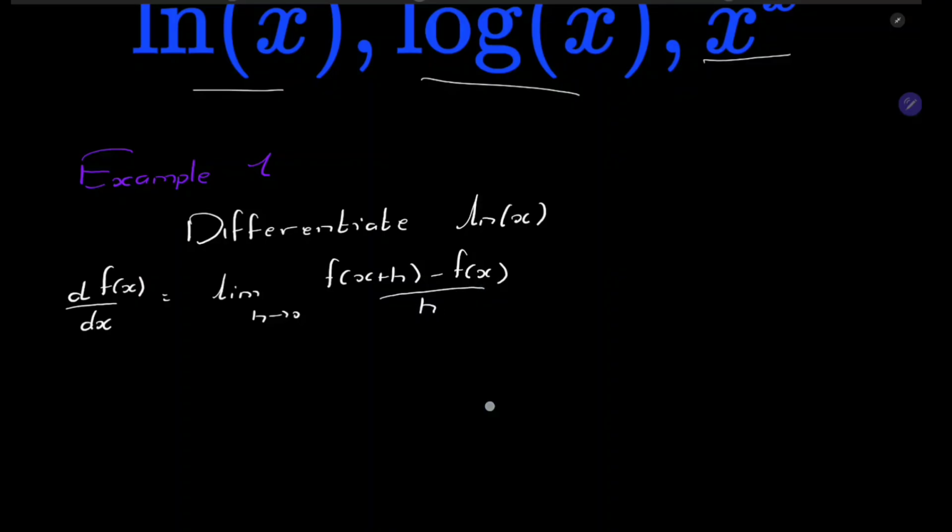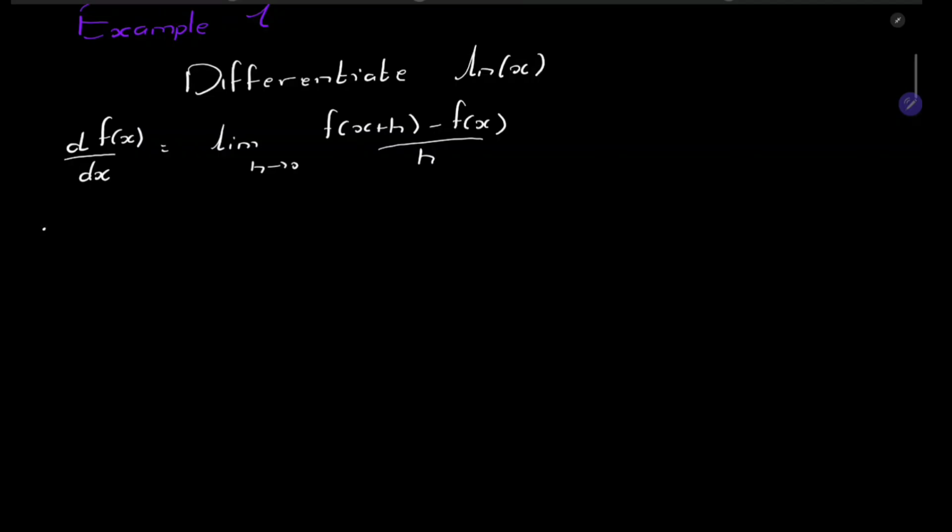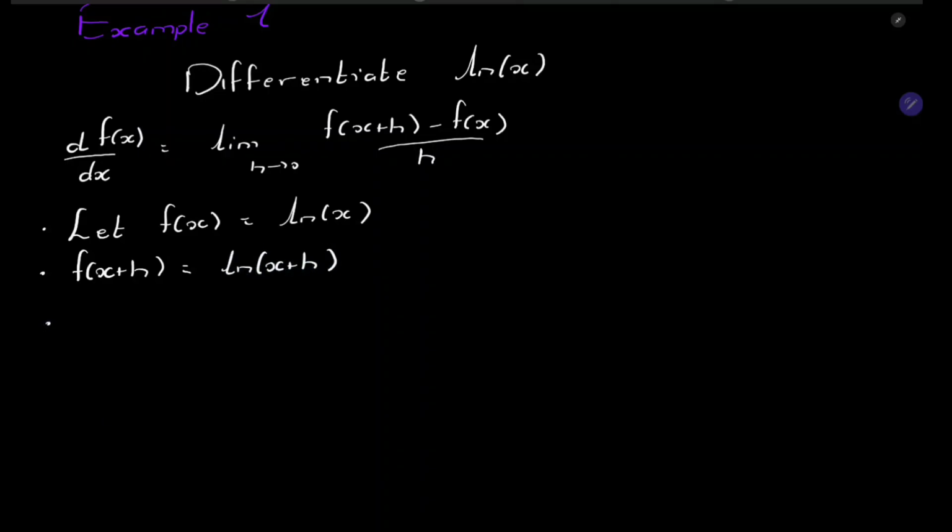But in our case, what is f of x? We first of all let our f of x be the function ln x. After letting our f of x be the function ln x, we then need to calculate the function f of x plus h. F of x plus h is then equal to the function ln of x plus h. After calculating this, we then need to calculate our numerator, which is f of x plus h minus f of x. F of x plus h minus f of x is equal to ln of x plus h minus ln